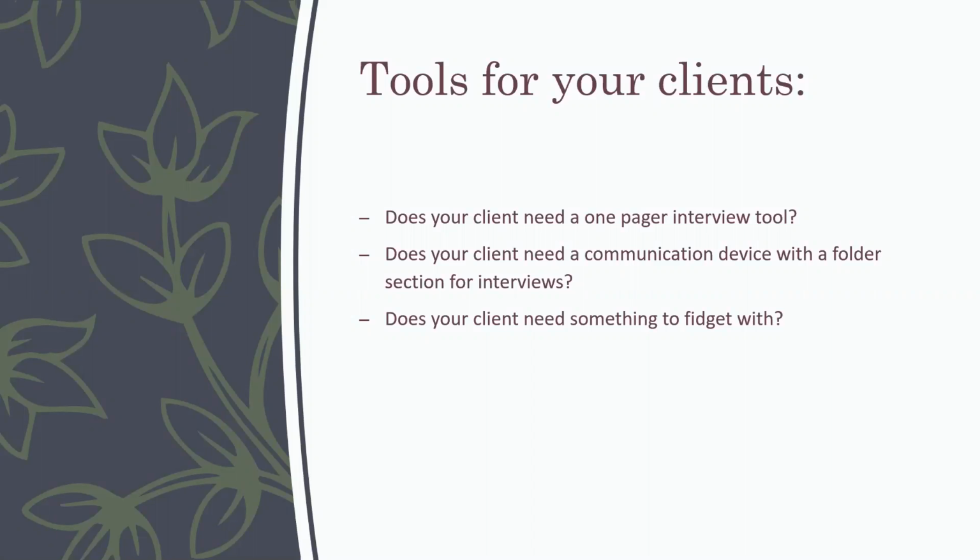Does your client need a one-pager tool for them? I have one on here to show later. Does your client need a communication device with a folder section for interviews that you should be creating? Does your client need something to fidget with in their hands if they're nervous and that's just what they do? A good example of something for that is